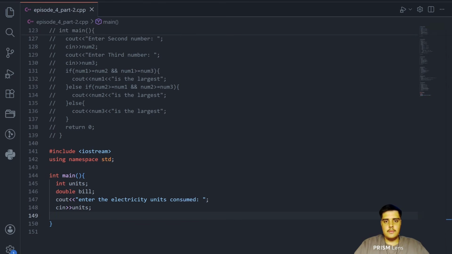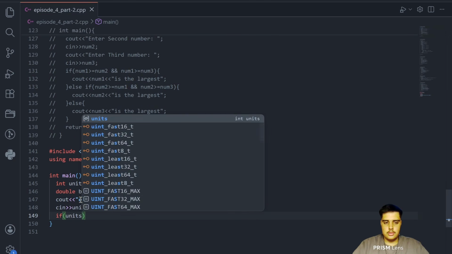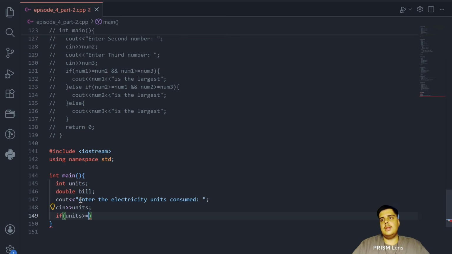So after taking units here, we can start our conditional work in which we will check for units. So let me do it and say if units is greater than or equal to, the first case was to make it for less than 100 units. So I have to use less than or equal to 100,